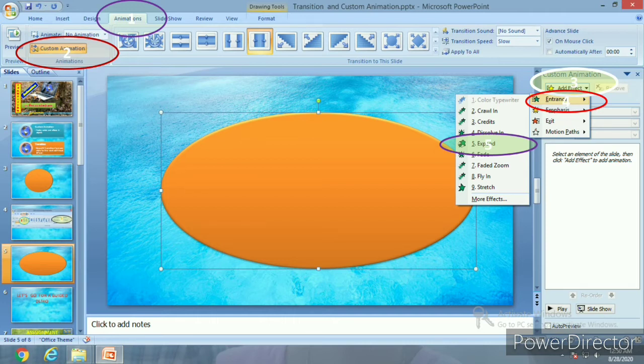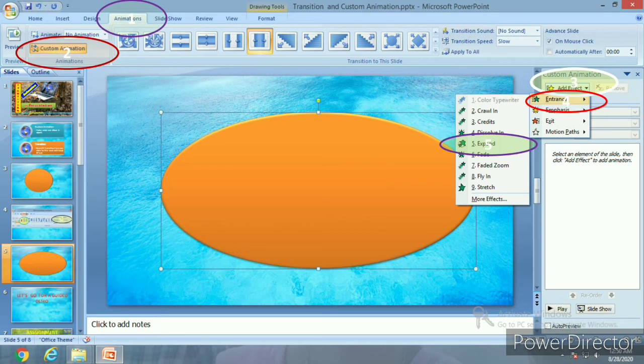As soon as you click on add effect, you can find 4 components: entrance, emphasis, exit, and motion path. This time, initially you have to use the entrance only. I have chosen entrance, and out of entrance, I'm going to choose expand. That means initially the object's entrance, that is the very initialization of the animation. Hence whatever you have already seen is simply the expansion of a spherical object into an oval ribbon.